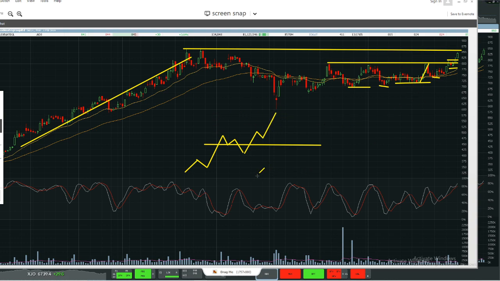Now, if it comes up and we've got this kind of action and it presses up into that level and it pulls back, and then you start getting it maybe consolidating under, I'd be concerned that it was going to fall over and you're going to get a lower high come into play and the market to press down. Then you've got to worry about this key or major double top that's going to come into play. And what happens when you get that kind of price action and then you get a lower high? So essentially you're getting